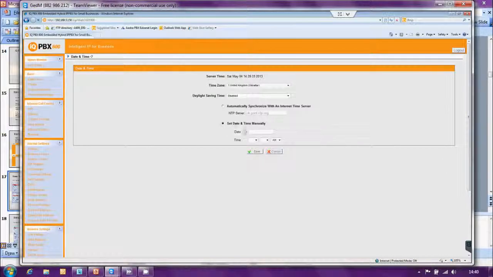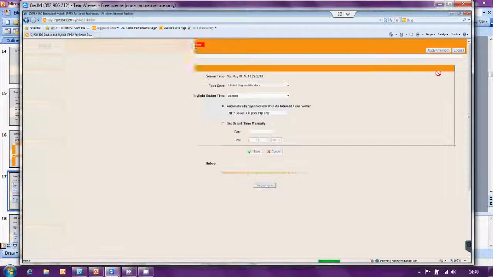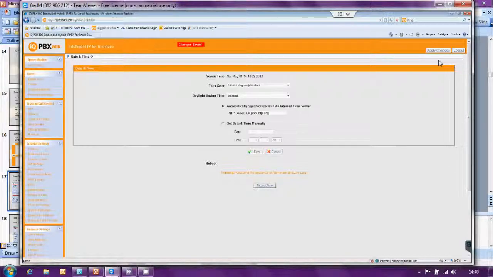Check this box, just click into there and we can set the time and date manually, but in our case I'll simply use an external time server. Save the changes, apply settings, apply changes. Again, it's asking for a reboot. Okay, so you can do a reboot. System comes back with the correct time and date,